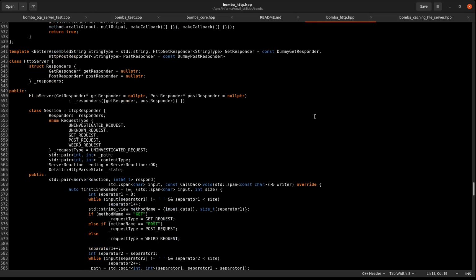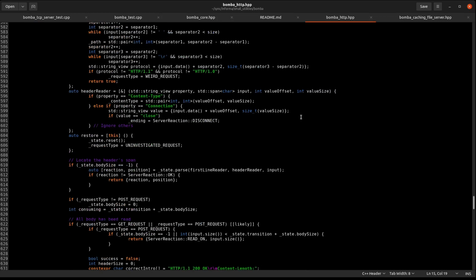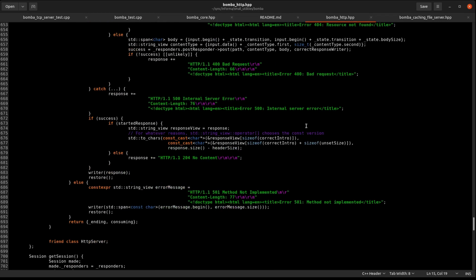The HTTP server class links this all together, although it deals only with parsing the first line of response, writing headers, and error handling. A somewhat more interesting problem is that the header has to contain the size of the response content, but the size of the response is not known before writing it, so that it doesn't have to be copied. This is solved by writing a placeholder space as content length and overwriting it with the actual size